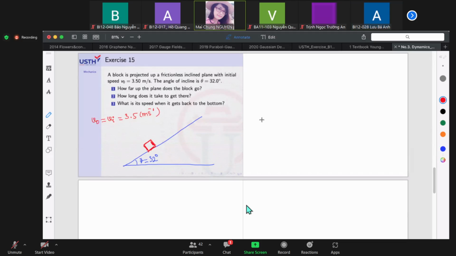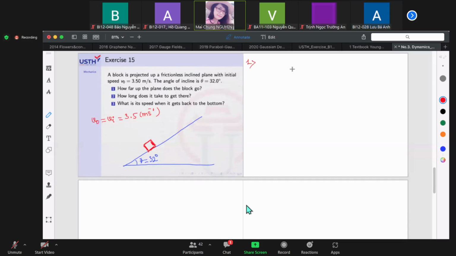So the first question requires us to show how far, right? How far means it asks about the distance traveled by the block, right? X is the position where the block will stop. Then I take X from this equation to have X equal to